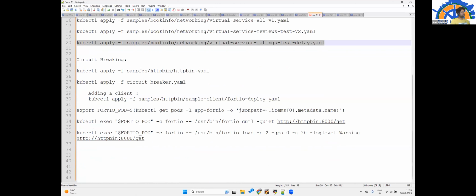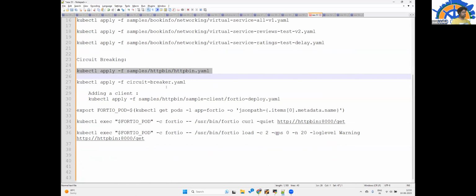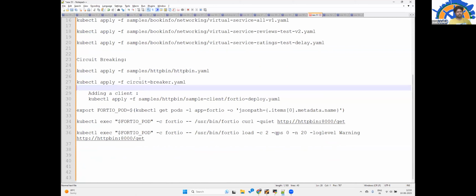Now there is something called circuit breaker. I have pre-configured all these applications. Let me quickly show what circuit breaking is, to increase reliability. If out of multiple instances of a service any one of them is down, all the requests going to that particular microservice will be halted inside the service mesh itself.